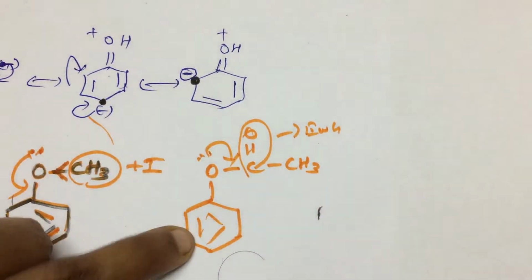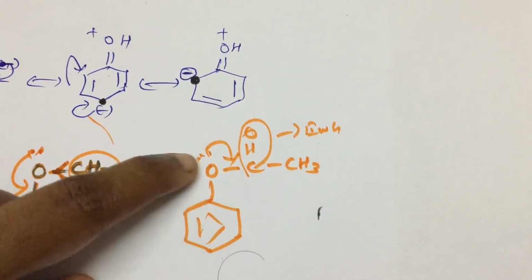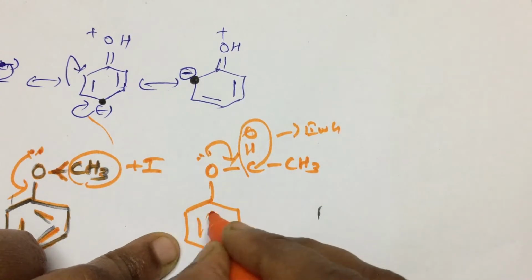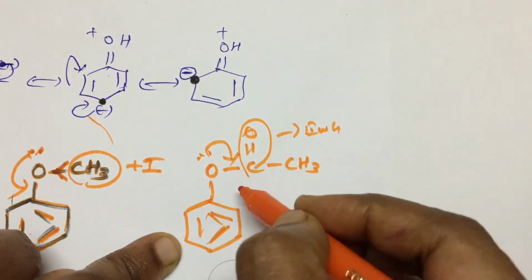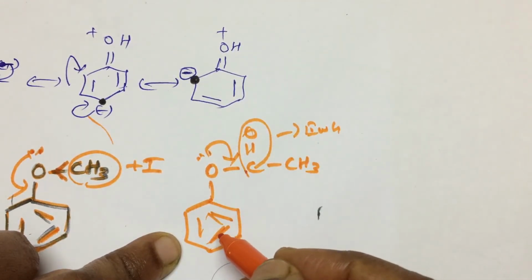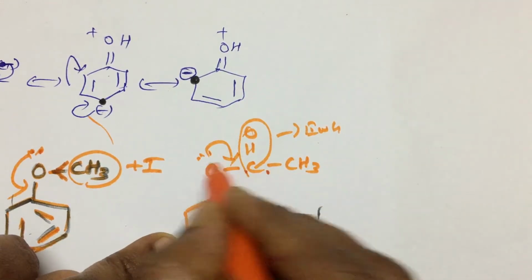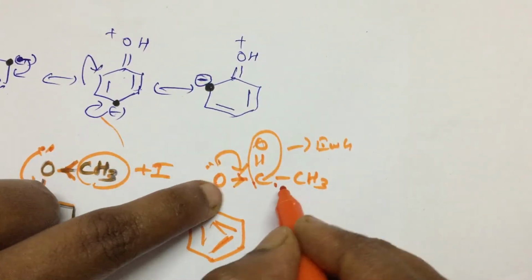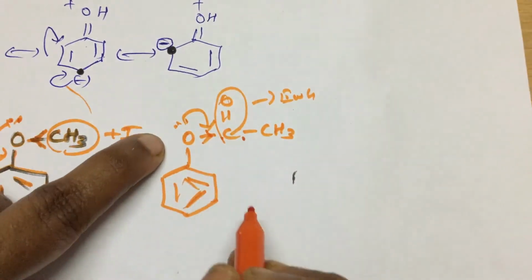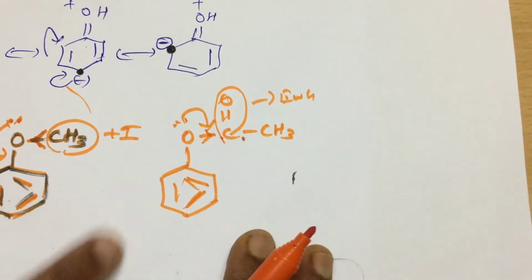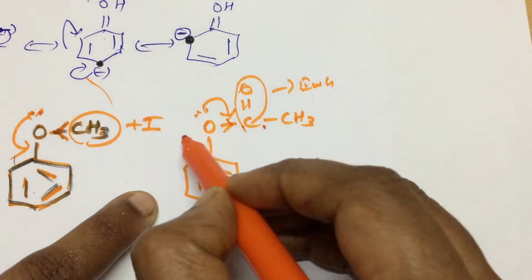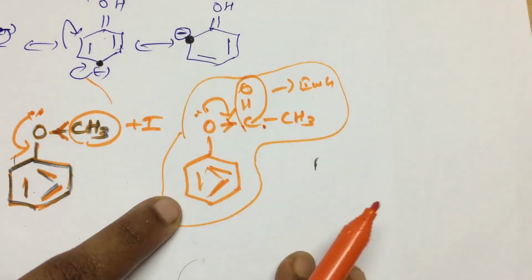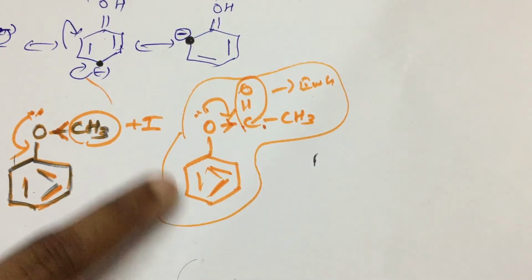Don't give money here, give money to me, give electrons to me, don't give all your electrons to the benzene ring. There is a competition between the carbonyl and the benzene ring. Who is going to win? He is going to win. He will pull all because he has more tendency to withdraw. So this makes it less reactive. In fact, this is even less reactive than your phenol. We will discuss more about that.